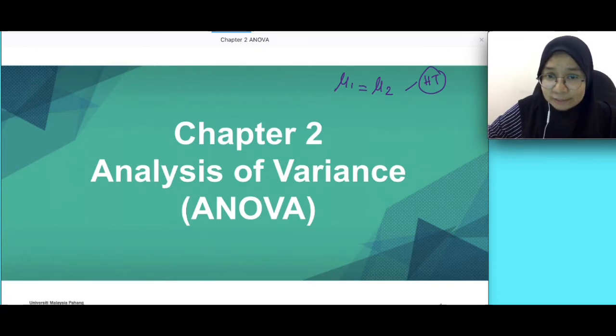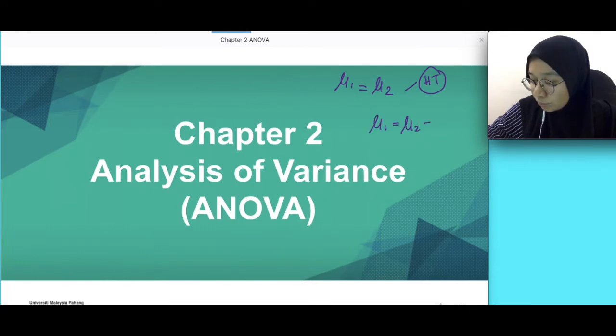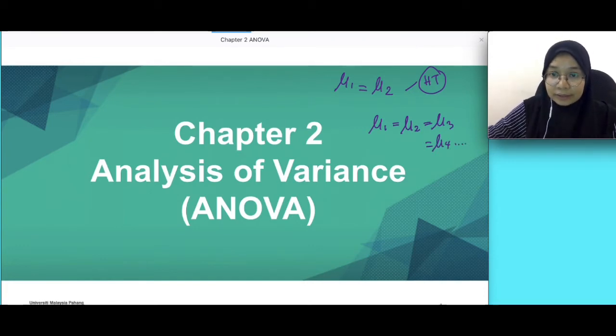So in this chapter, how about when you want to compare mu1 equals mu2 equals mu3 equals mu4 and so on? How about when you have more than two population means? How do you compare? Because hypothesis testing is limited to two population means, we will use what we call ANOVA